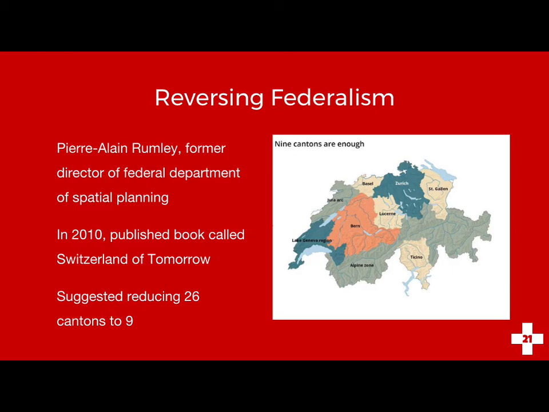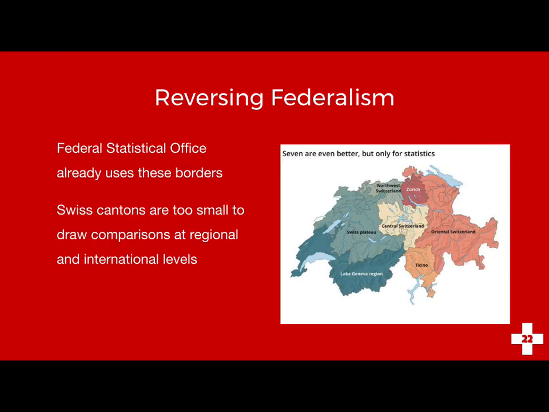Even the Federal Statistic Office currently uses 7 regions, because some of the cantons are too small to provide any meaningful data for statistics. So there's been a little bit of a push lately to see if it is worth combining some of these cantons together. But in all likelihood, this will probably not fly with most people, because this would have to